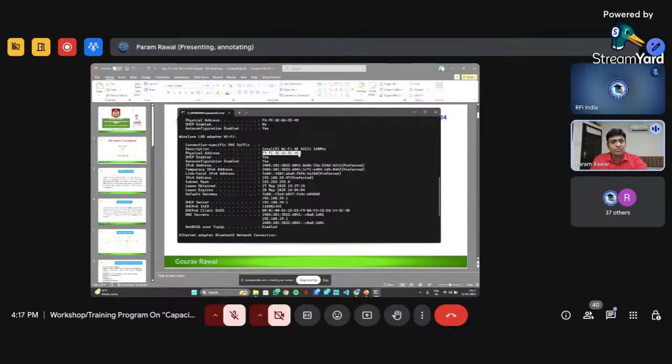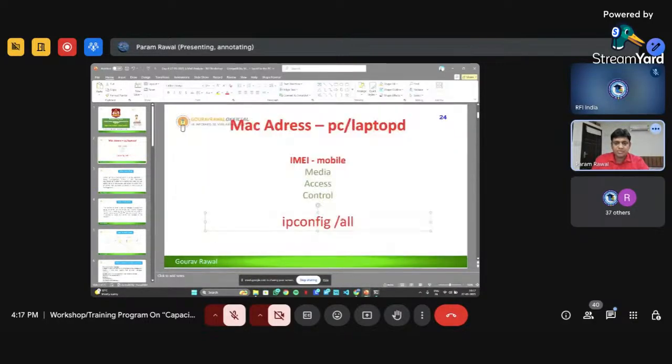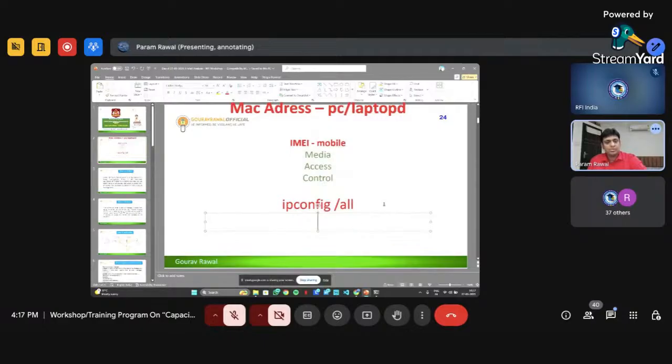So suppose here I just copied from here, Control C, and pasted here to show you people. This is the MAC address: 2 plus 2 plus 2, 6 plus 8 plus 10 plus 12, a 12-digit address.